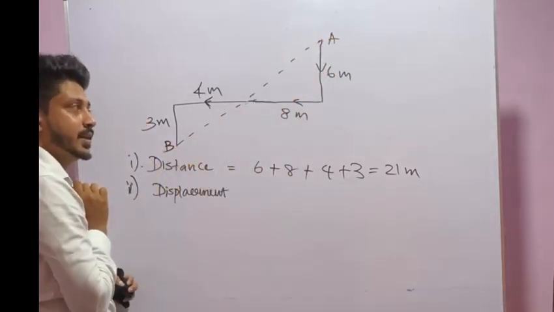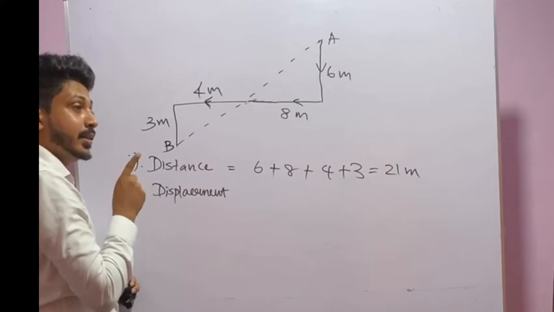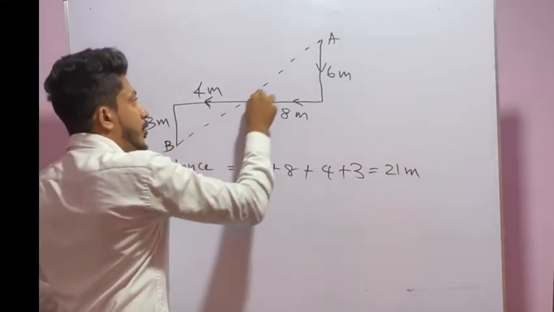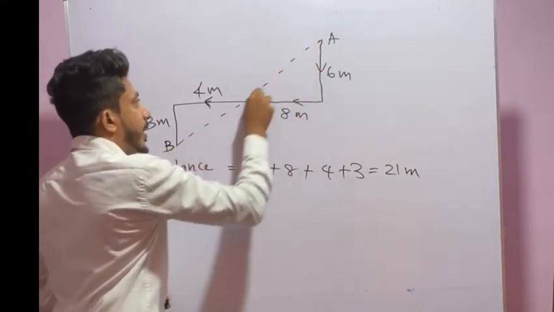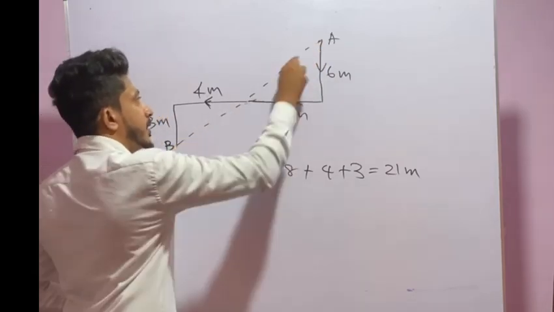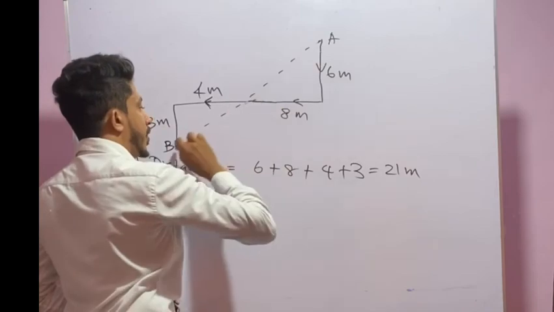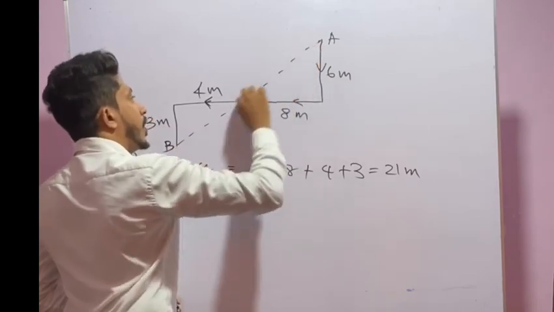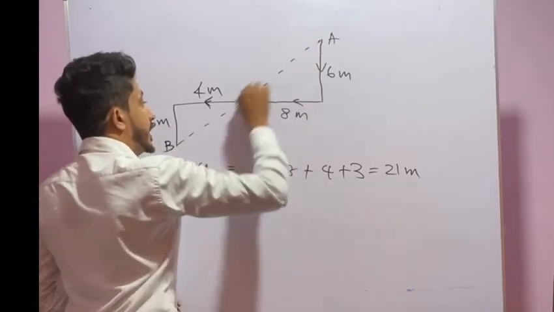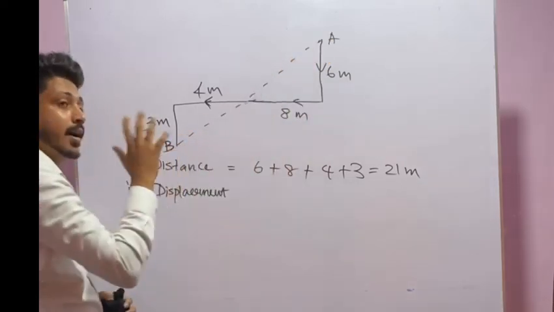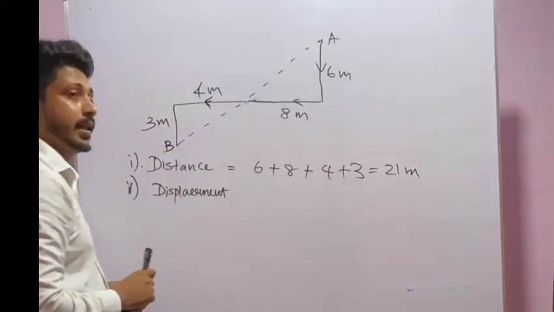Then what is the displacement? It is the straight line distance between these two positions. So this is the straight line. It is also given in your exercise. So you have to calculate the length from this to this, in other words, of this straight line. The distance of this straight line is the answer. You can easily calculate